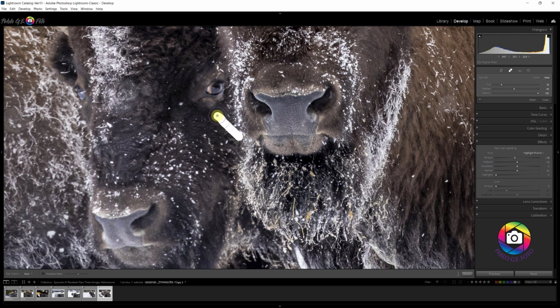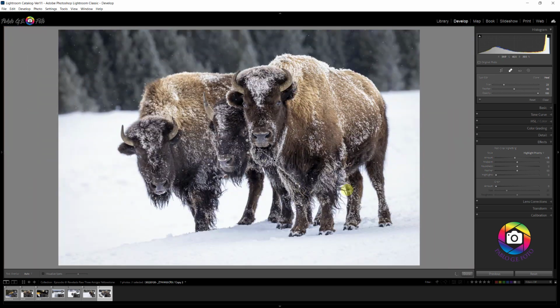I'm going to do this other one. That one didn't do as good a job. I'm going to move it. Something like that. These other ones here on the beard of this bison are no big deal. Maybe perhaps we can remove that one right there. And there are some